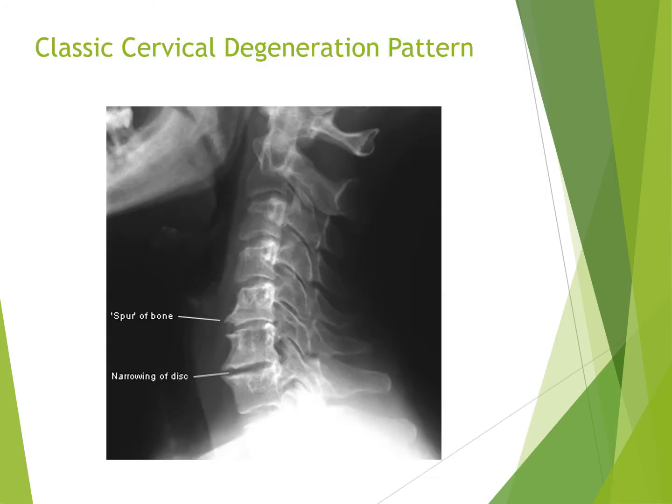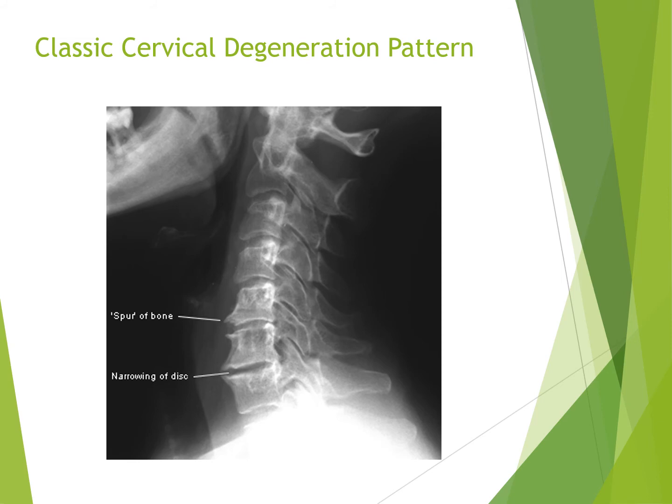Again, this is a classic presentation of a cervical spine that's showing degenerative changes. Again, the degenerative changes typically start to show up in the lower cervical spine first. You can see here we have disc degeneration and facet arthrosis. As the degeneration has progressed in the cervical spine here, not only have the discs gotten narrow,